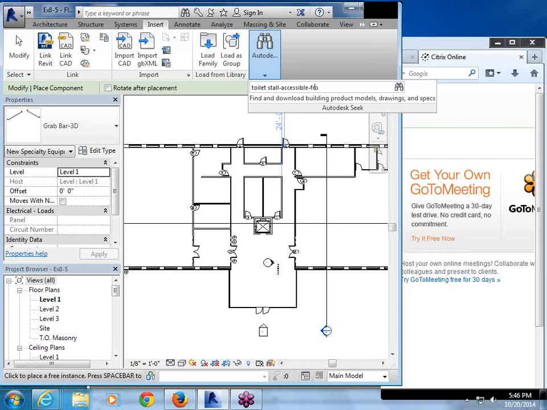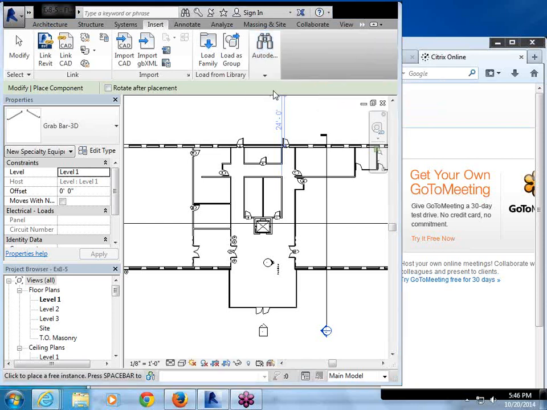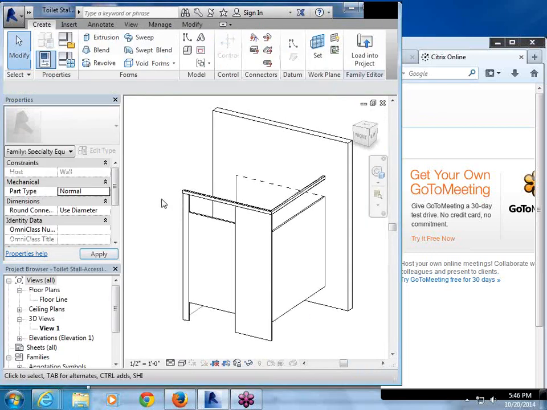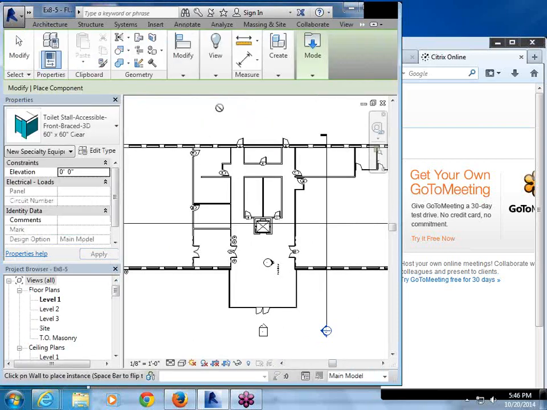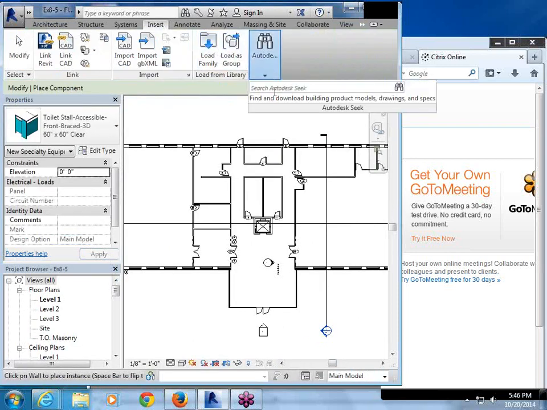I spelled accessible wrong. There it is. 2010, go up, say download, open, load into project, insert,